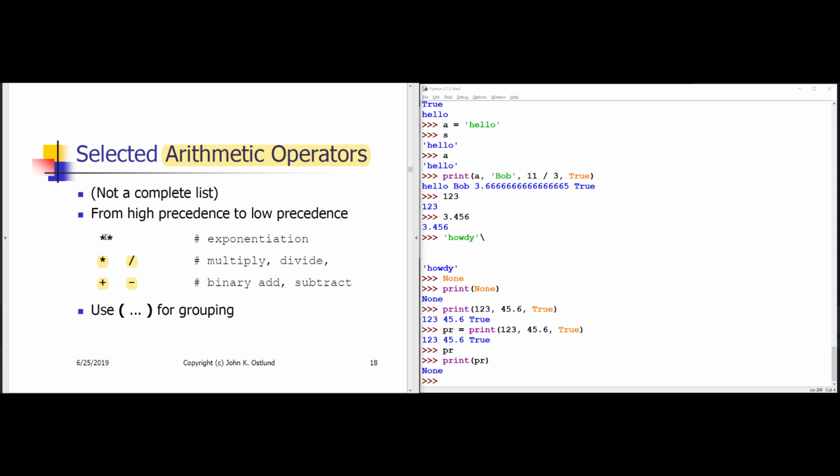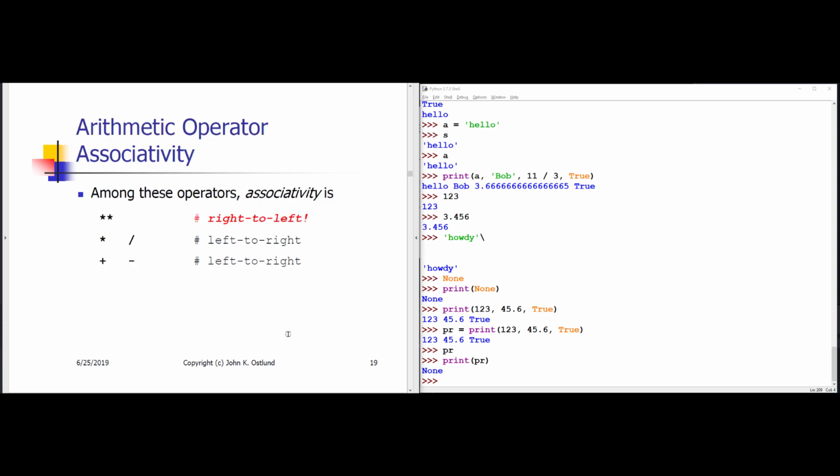We're also going to take a look at an operator Python has for exponentiation, which is an operator that a lot of other languages you might be familiar with, such as C or C++ or Java, don't have. You can, no surprise, override the default precedence by using parentheses for grouping expressions. Now, as far as associativity, that is whether these things group together from right to left or from left to right,